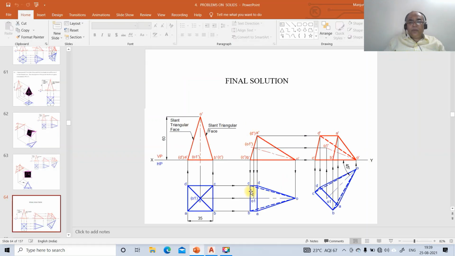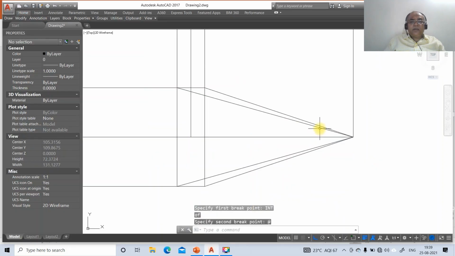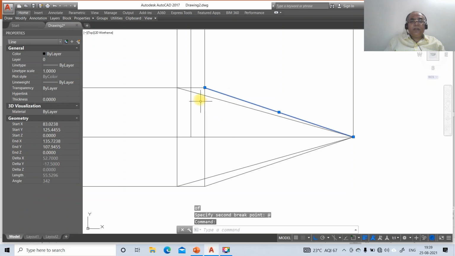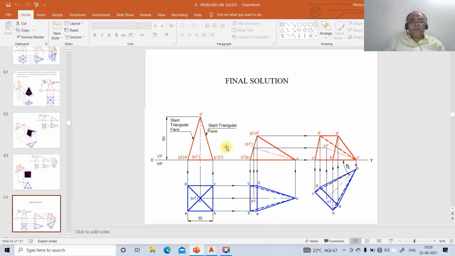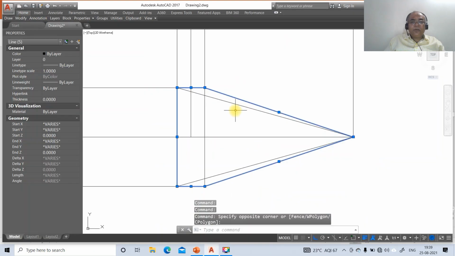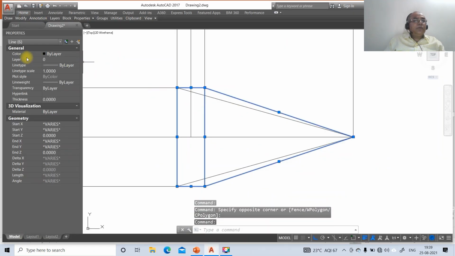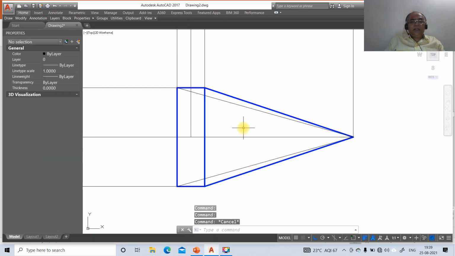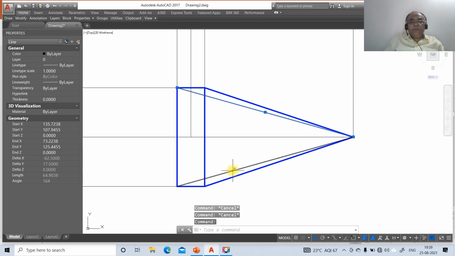Now we have all these exterior edges of the boundaries of the solids are visible. So you take this and you take this, and the surface or the edge which is near to the observer is visible. So this line is visible. So you go to layer, take that as top view. Then the two visible edges can never cross each other. So obviously this will be top view hidden.